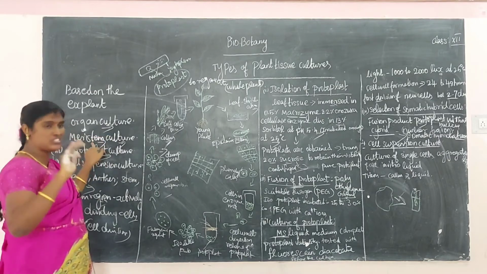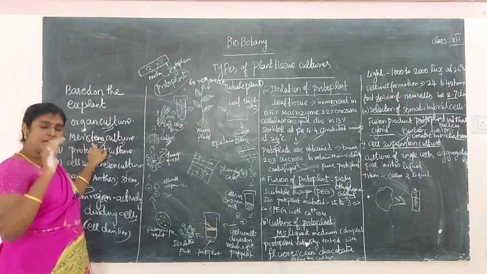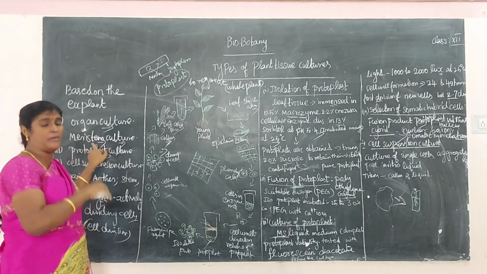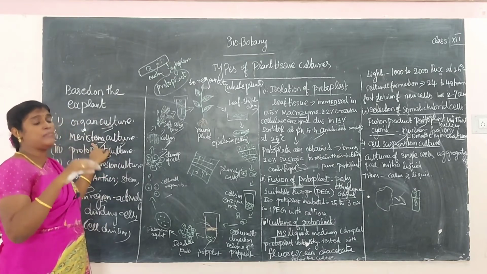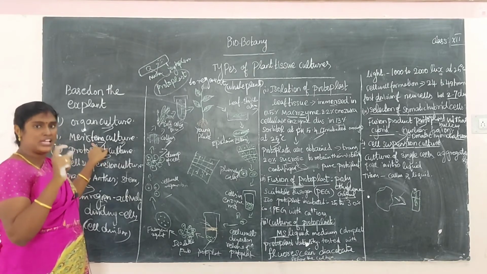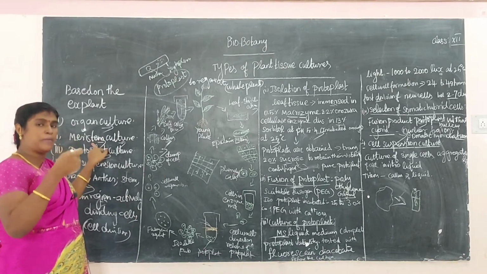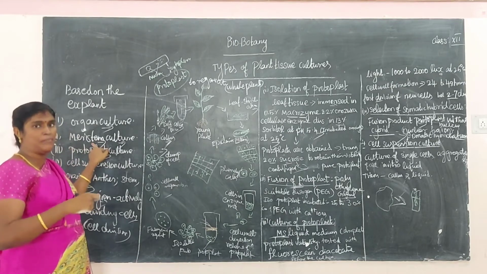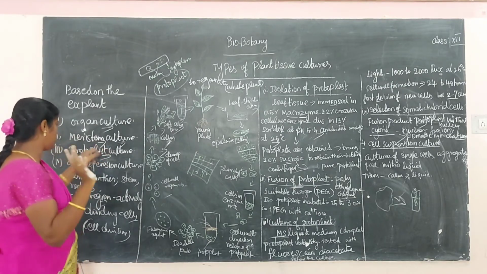So next, meristem culture. What is a meristem culture? Meristematic tissues are used in this culture medium, that is called meristematic culture. So what is a meristematic tissue? Meristematic tissue is actively dividing cells, that are present in the shoot system. It is cut, the meristematic tissue is easily inserted in the nutrition medium, and easily grows into a tissue plant.